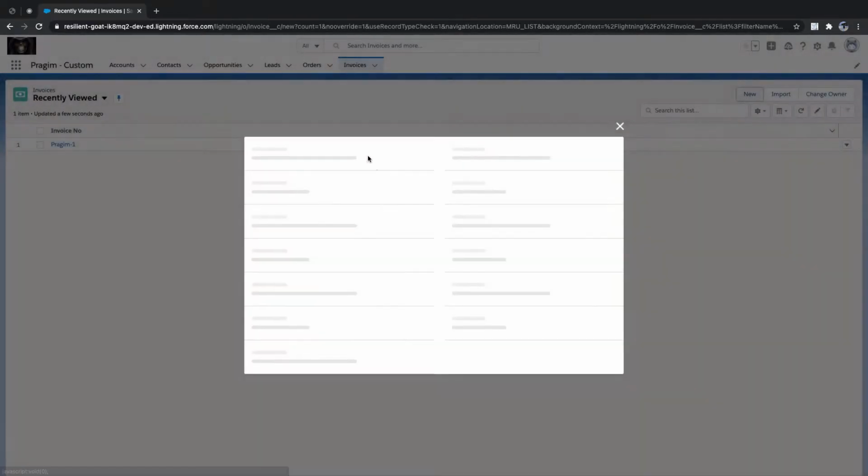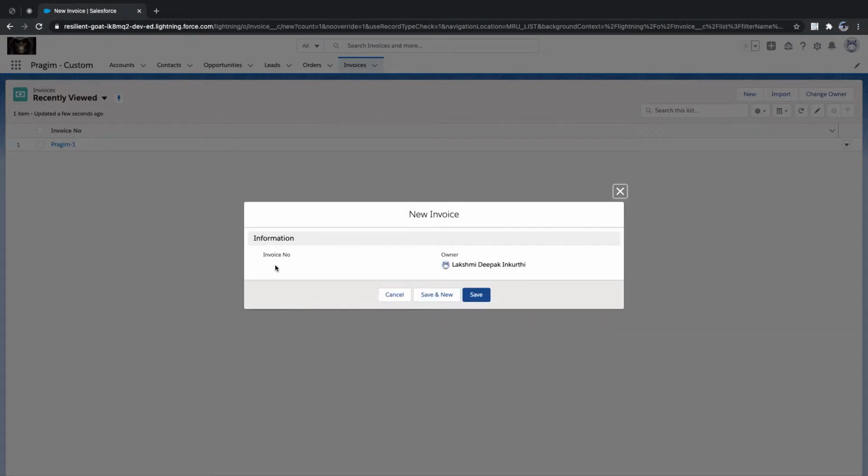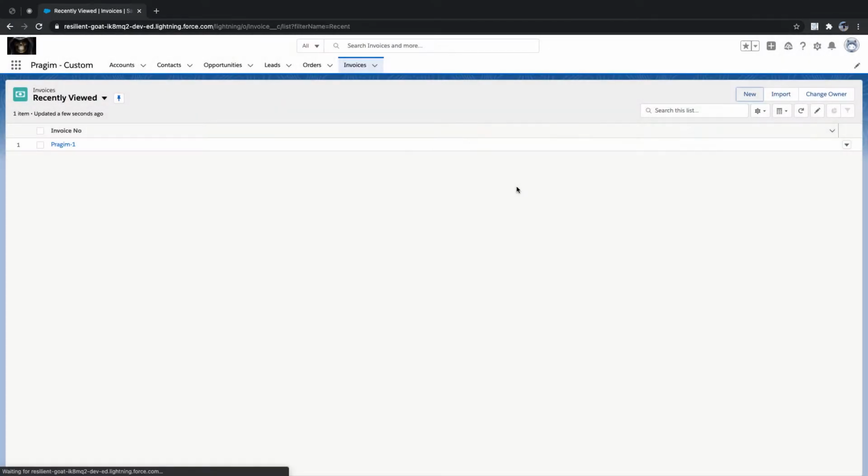So what we'll be doing today: if we look at a new invoice, we don't have any extra fields to enter, right? We have only one auto number field, and the rest is blank. So now the expectation is that we'll be adding a few fields to the invoices. And it's not just adding fields, we'll also create a relationship with the account.